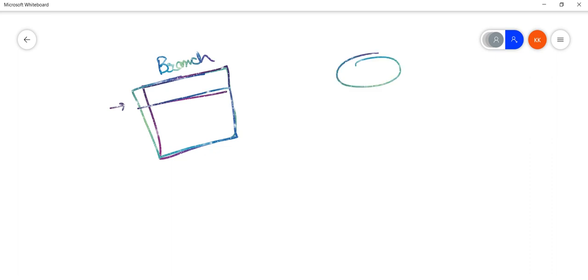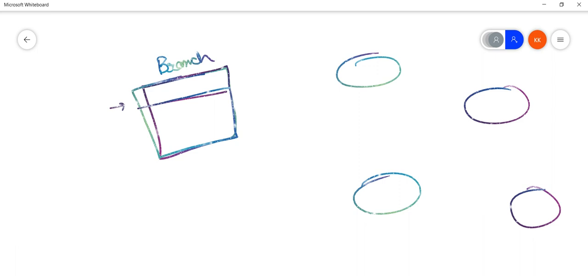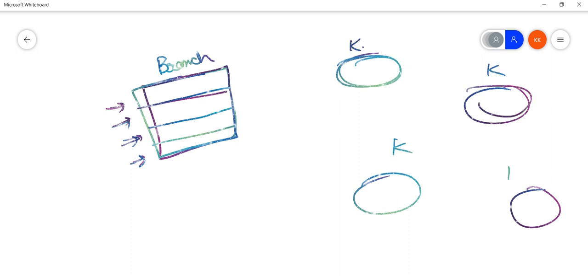So let's say currently I have only one branch of my school, so I will have this school table, and in this only one row is going to be there. But let's say at a later point of time I have multiple branches of my school, so in this case how many rows will be there? There will be 4 rows, right? So how to uniquely identify each and every school? All the schools' names will be the same, like K Memorial School, K Memorial School, K Memorial School, but the address will be different, right?